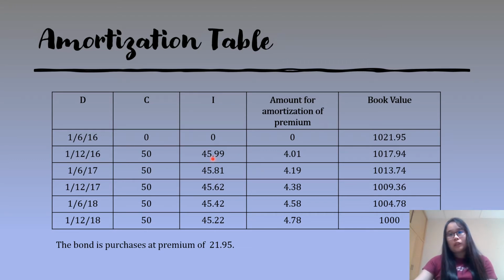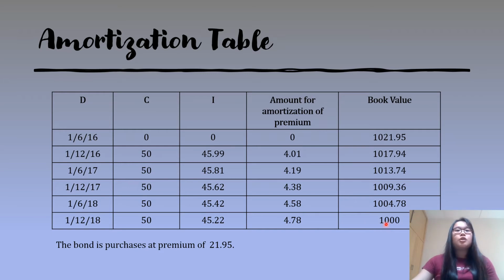So at t equals 1, the actual interest earned by the bondholder is only 45.99. However, they receive 50 ringgit. So there's an extra 4.01, which should be deducted from the book value. So we take the previous book value 1021.95 minus 4.01, and we get the book value at T1, which is 1017.94. So eventually, if we repeat the process, the book value will reduce to the redemption value, which is